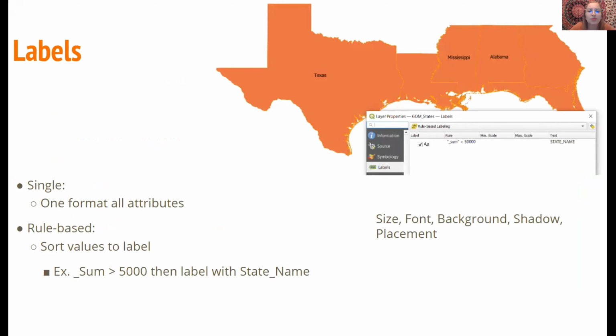Another feature under properties is labeling your data. QGIS gives you options for single labels and rule-based labels. Single labels are super simple. You just choose which attribute you want the feature labeled as on the map. Rule-based labeling allows you to use formulas using data from the attribute table to filter what is labeled on the map. You can, of course, edit the font you are using and make it as decorative or as simple as